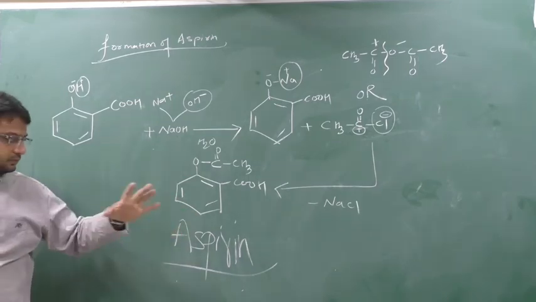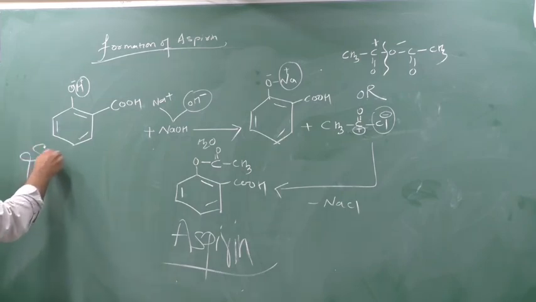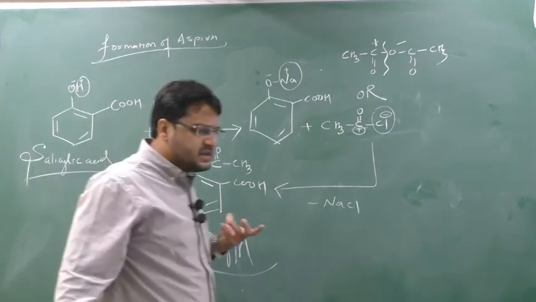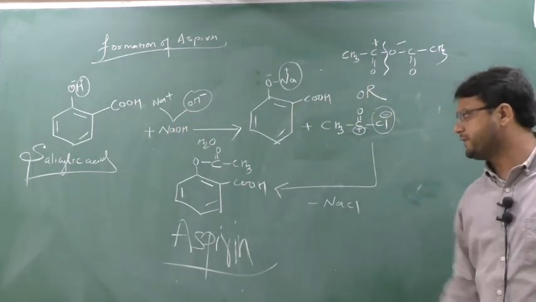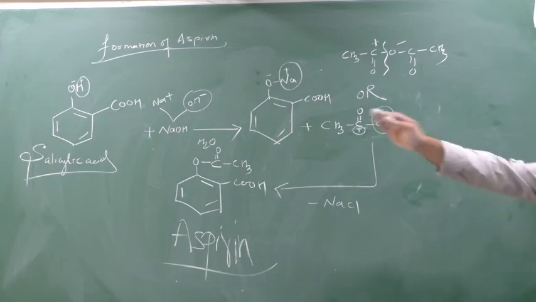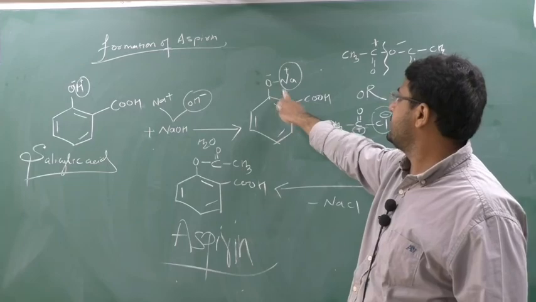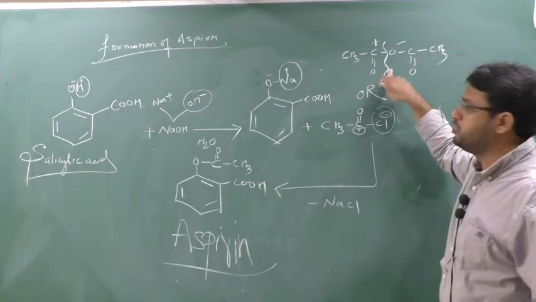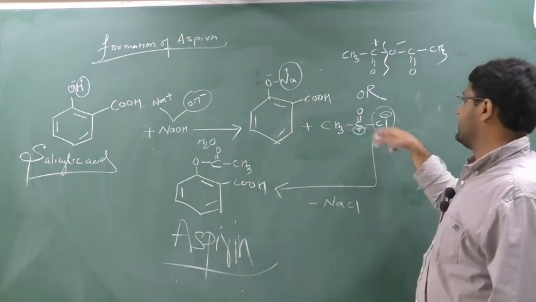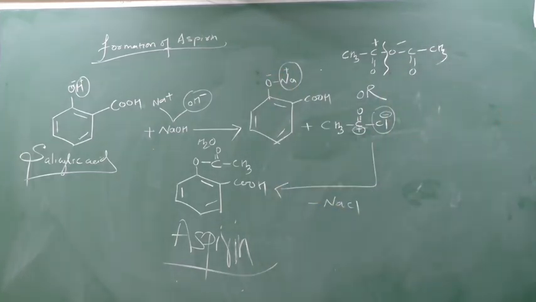See this. Clear? First you take salicylic acid. No mechanism, just remember. Sometimes they just ask the formula of aspirin, so this is the formula of aspirin. Clear? So first you take salicylic acid, react with NaOH, remove the acidic hydrogen of phenol, and generate the phenoxide ion. Now you do the reaction either with acetic anhydride or with ethanoyl chloride. I suggest you do this. So here minus, here plus, NaCl will be removed and the acyl group attaches at the oxygen position. This formation is nothing but your aspirin.